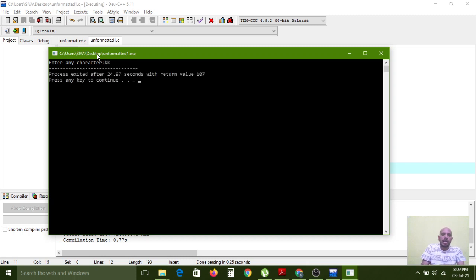Now I typed the character k, so immediately the k is printing. One more k is printing, which is the character I passed through the input. It prints again immediately without pressing the enter key. So that is the functionality of the getche function.